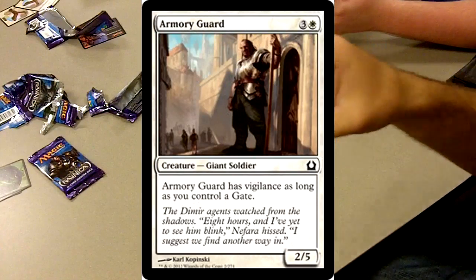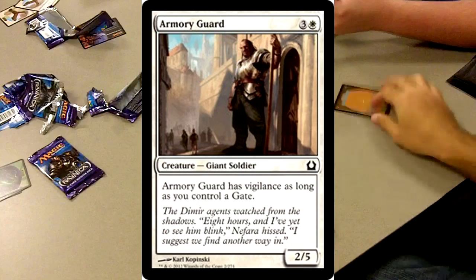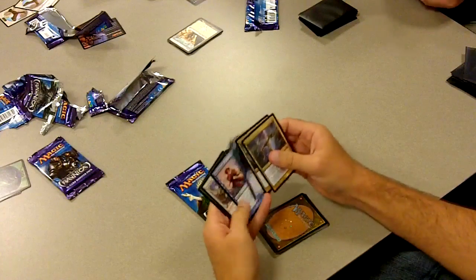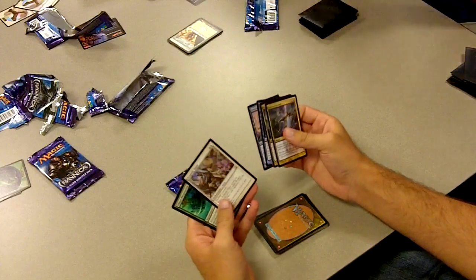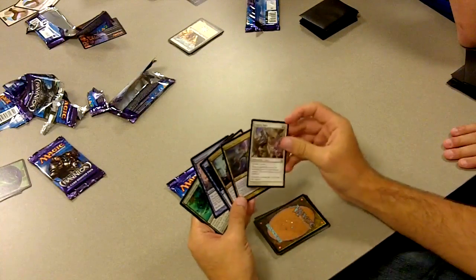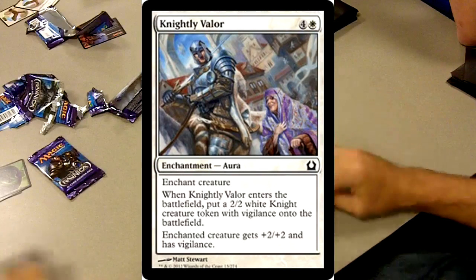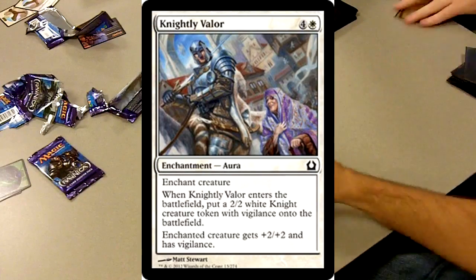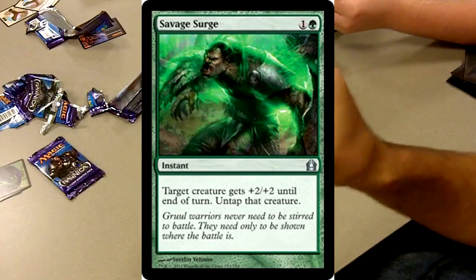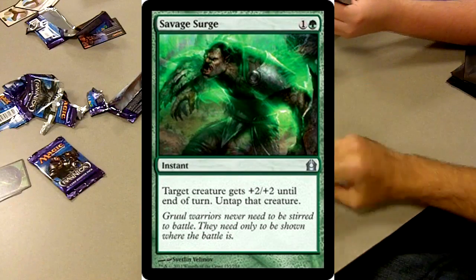Taking Armory Guard here. I think I overvalue this card a lot, but I think it's really good. I mean, it just makes them not do anything, and when you're playing the Populate deck, you kind of just want them to dawdle around for a while so that you can get your stuff going, get your Centaurs out, start populating. With cards like Tristani and Wayfaring Temple, it's really hard for me to lose the long game. But I take another Knightly Valor, so that's my 3rd,